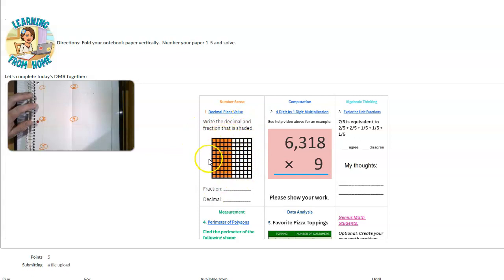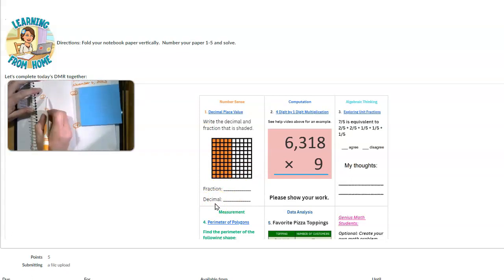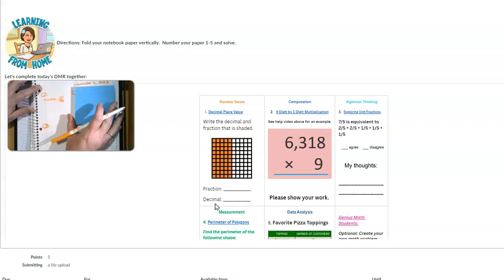So I see a 100 square, pretty similar to the 100 square that I have here. And it looks as though half are shaded. So if this is a 100 square and half are shaded, let's write this as a fraction and as a decimal. I could write it many ways for a fraction. One way would be 50 out of 100, because in this picture 10, 20, 30, 40, 50 are shaded out